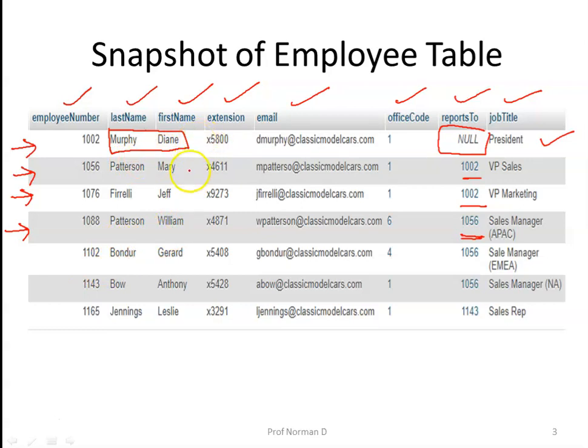So we have seen that Jeff reports to Murphy and Patterson Mary reports to Murphy, whereas Patterson William reports to Patterson Mary. Now such type of information is being stored in this table, and that is the reason it is called a recursive relation.